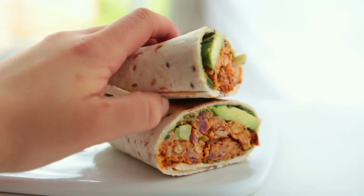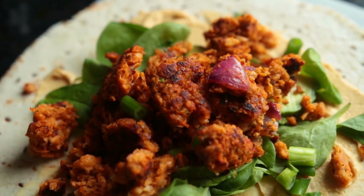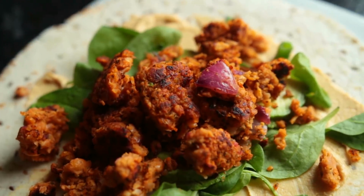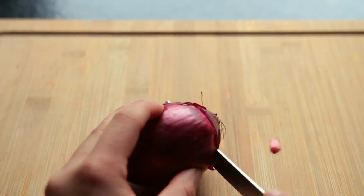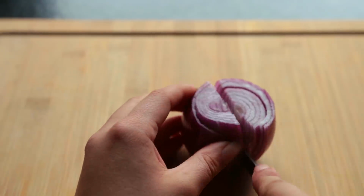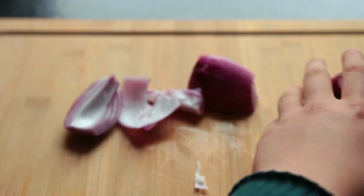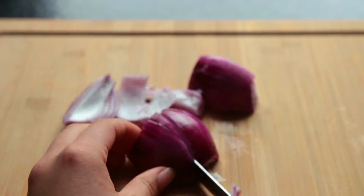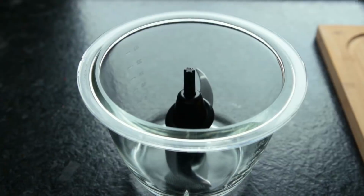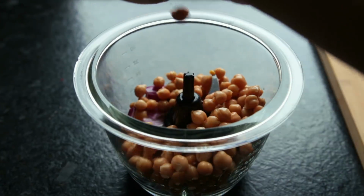For this next idea, we're making something savory, lazy falafel wraps for breakfast. First off, peel and roughly chop up 1 onion. Then grab your food processor. Yes, it has to be in every video because it is essential. Add in the onion, a can of drained chickpeas,